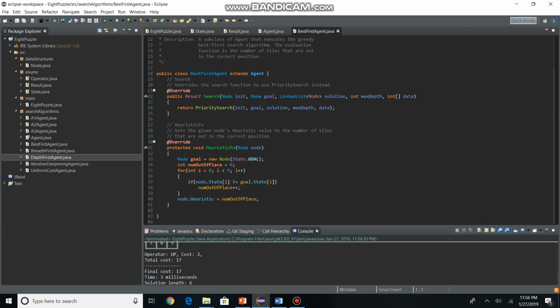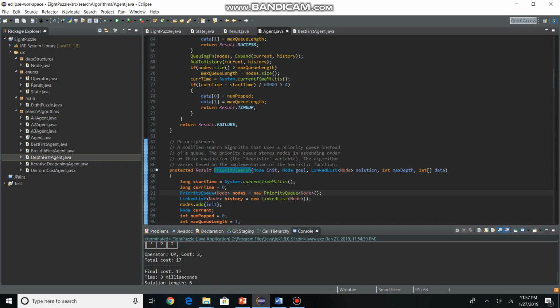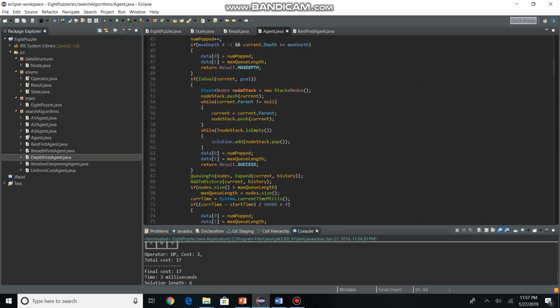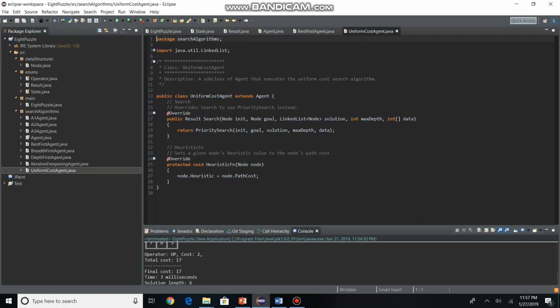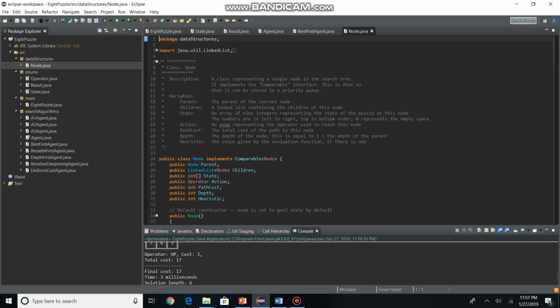It does implement the heuristic. It does override the heuristic function here to assign a new evaluation value to whatever node is passed in. And then for the actual search, it uses this priority search algorithm, which is almost the same as the regular search algorithm, except instead of using a linked list, it uses a priority queue. That way, it'll get sorted in order from least to greatest. What order it's sorted in depends on the heuristic function. So, for instance, best first, uniform cost will just take whatever the path cost is and use that. This is why the node class also implements the comparable